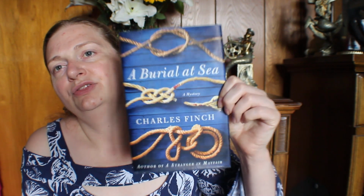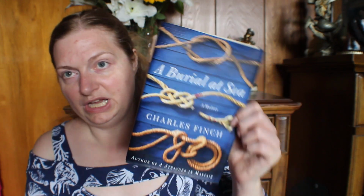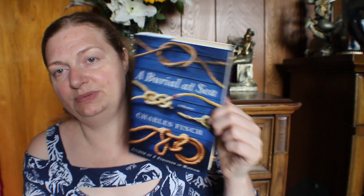But everybody's a suspect, so before they can go into port, they have to figure out who the murderer is. I want to see the rest of these books, like if I can get them for relatively inexpensive. Sometimes you can find really good books on eBay for like $1 or $2. So I might do that, but this book looks good. I didn't realize it was a series when I picked it up, but it's nautical themed, so it's definitely